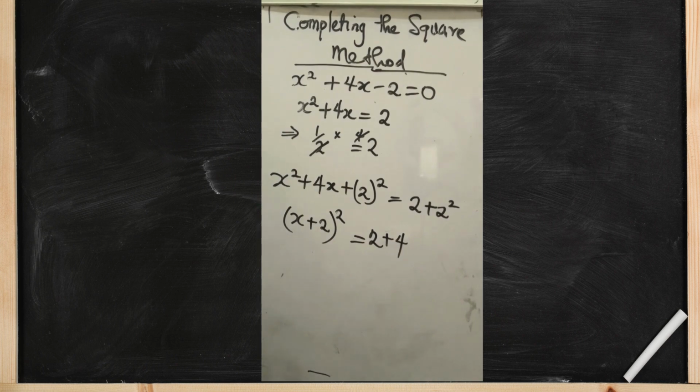So what we are saying in essence with this question is that at this point we have gotten the value of x plus 2 square and this, and that is now x plus 2